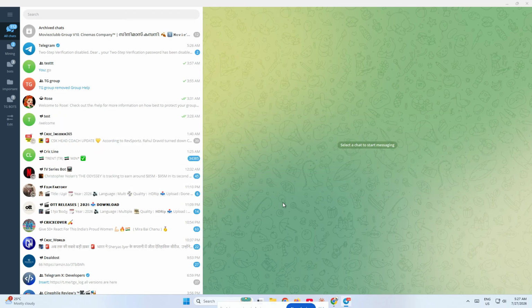First, open the Telegram desktop app on your PC. Make sure you're signed in to the correct account before you begin, because you'll be updating the email connected to your Telegram login settings. Once Telegram is open, look to the top left corner of the app and click the